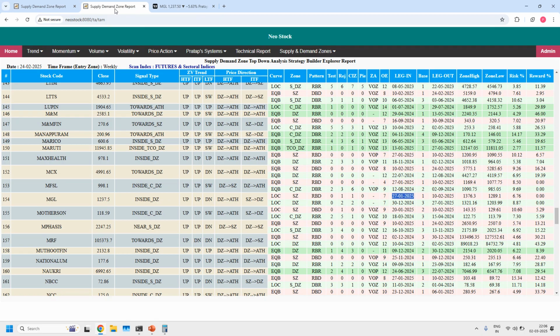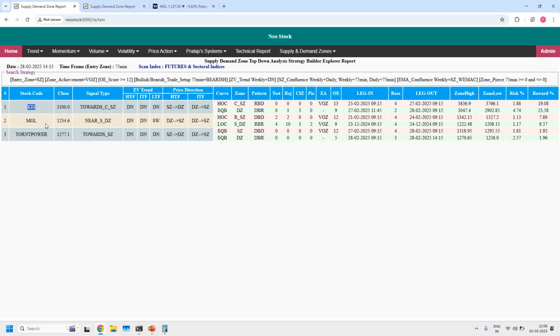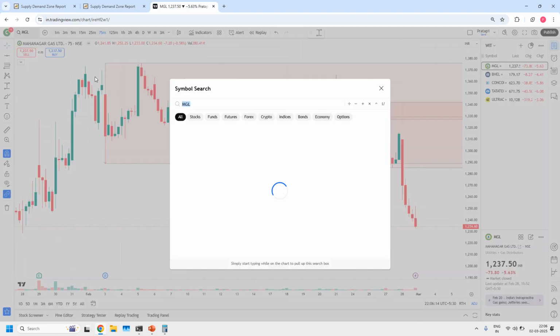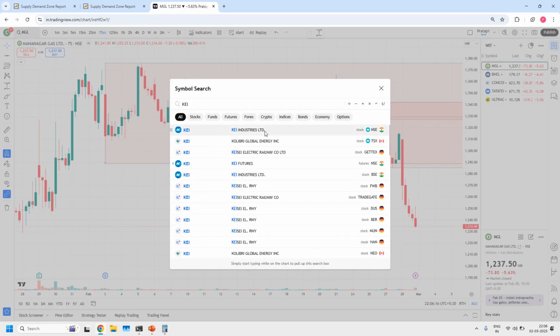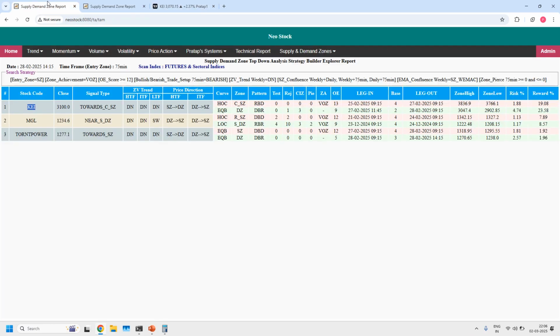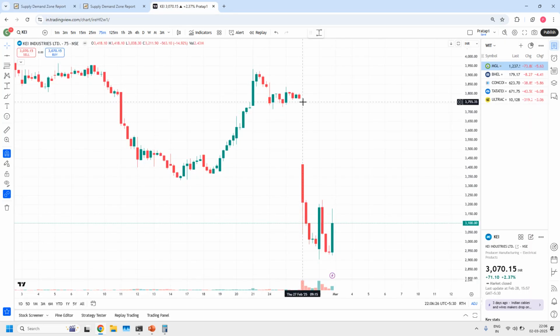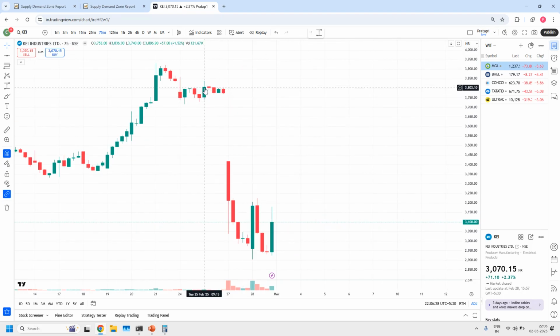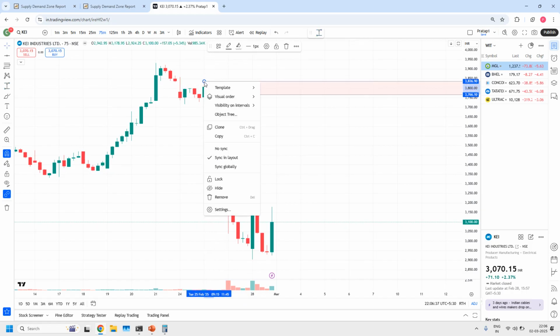So next one is KEI. Let us draw this KEI. KEI Industries. 75 minutes time frame. When is the leg-in? The leg-in is on 25th, 9:15, 4 base candles. 25th, 9:15, 4 base candles, rally base drop. Because it is a rally, the highest wick we can consider. So this is the way I can draw the